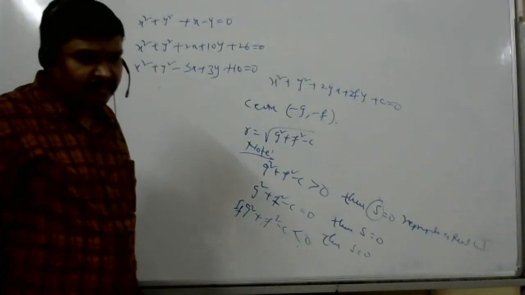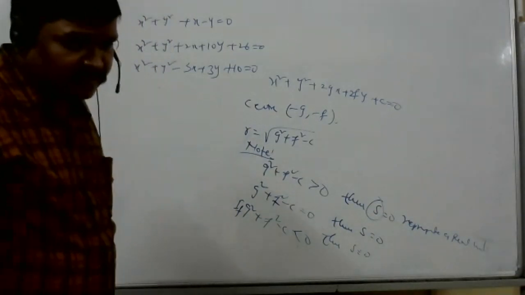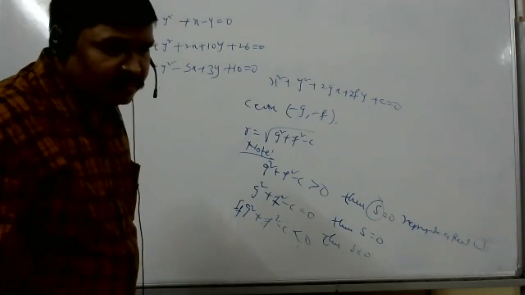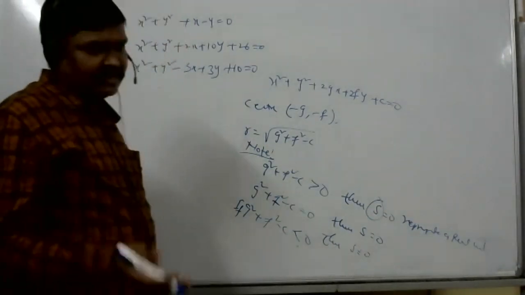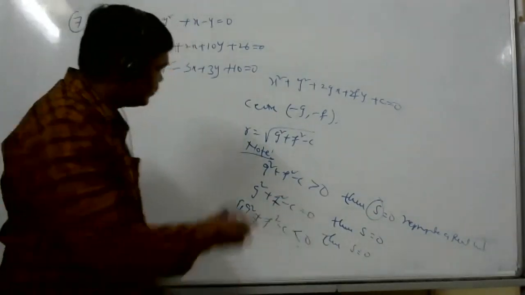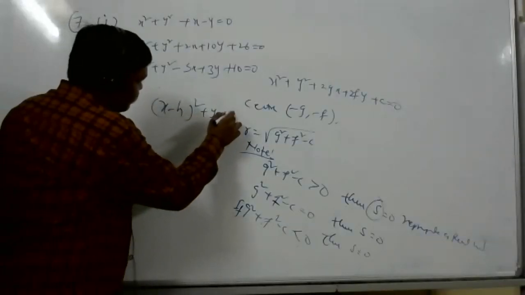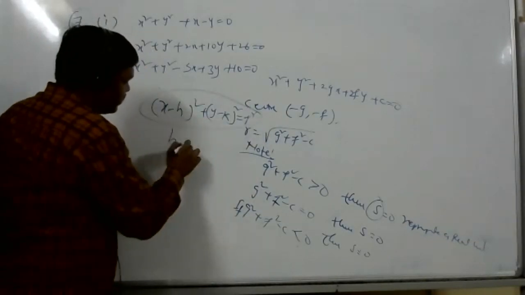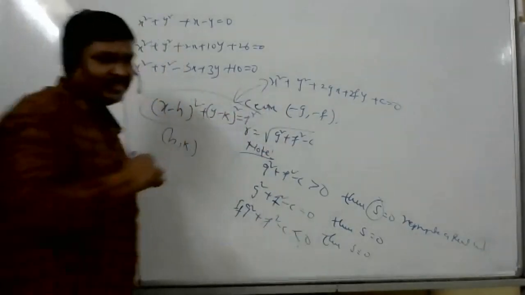Sir, we did questions today in which there was a required circle, the equation of the required circle. How do we get that from center and radius? By substituting the value of g and f. And how do we get r from h comma k? That is the direct equation: x minus h whole square plus y minus k whole square is equal to r square, where h comma k is the center. Both are the same.